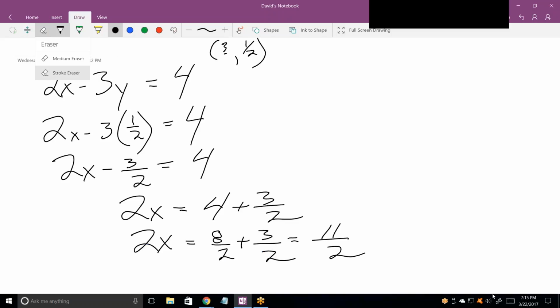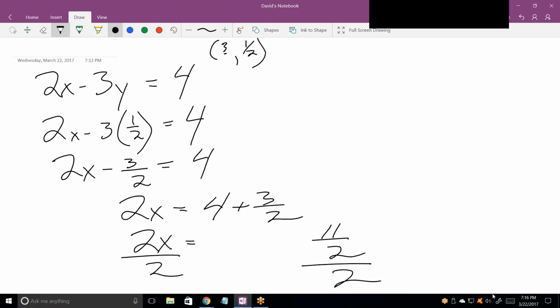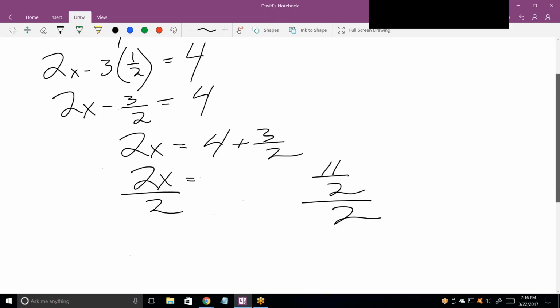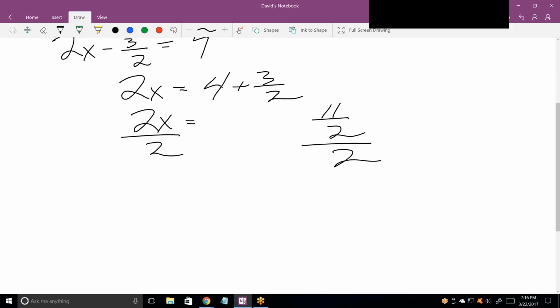To isolate x you would divide 11 halves by, well, actually, put the 2x over 2 and the 11 halves over 2. Correct. In other words, what I'm going to do is divide both sides of the equation by 2. Now, that's going to leave x on the left, which is what we want. And let's talk about how we handle this thing on the right. When I have 11 halves over 2,